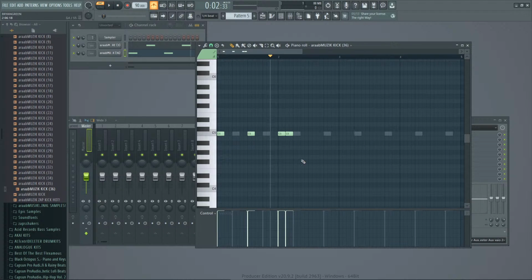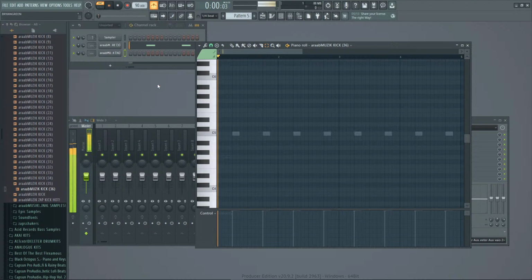Or let me erase this, because this is what most producers have going on in their head. So we have the snare, right? And I'm going to be vocal about it. In your head, you're like, man, I want to make a beat that goes, so all you do is you get your